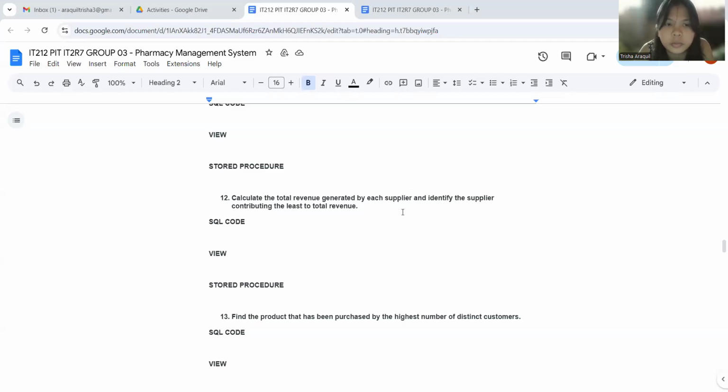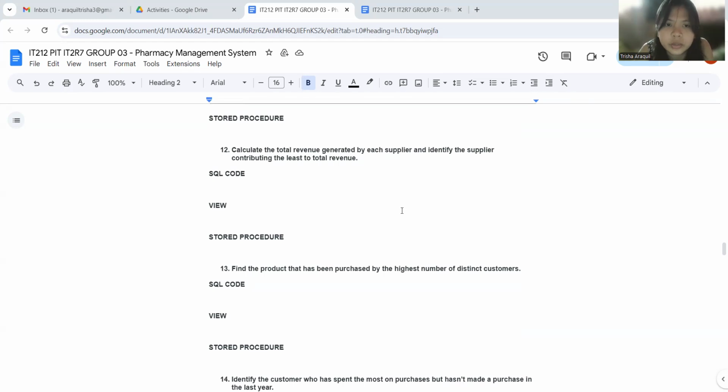So now let's go to number 12. Calculate the total revenue generated by each supplier and identify the supplier contributing the least to total revenue. So now we go to